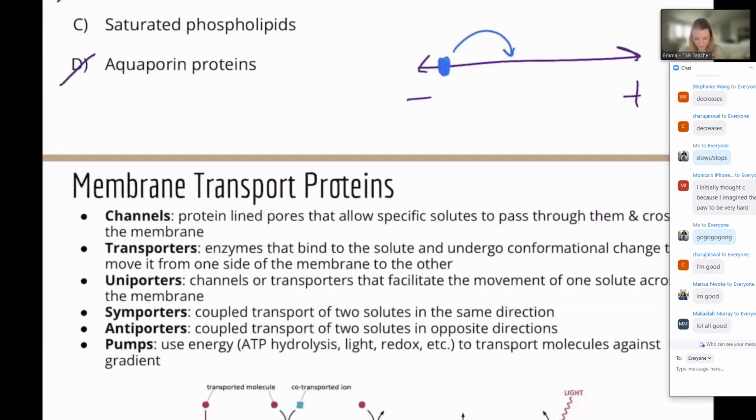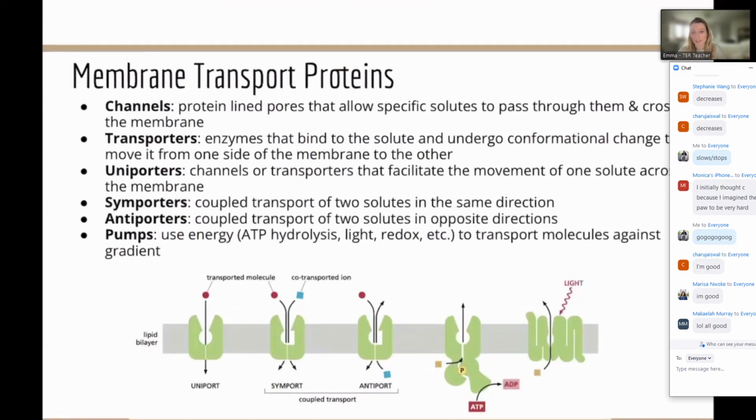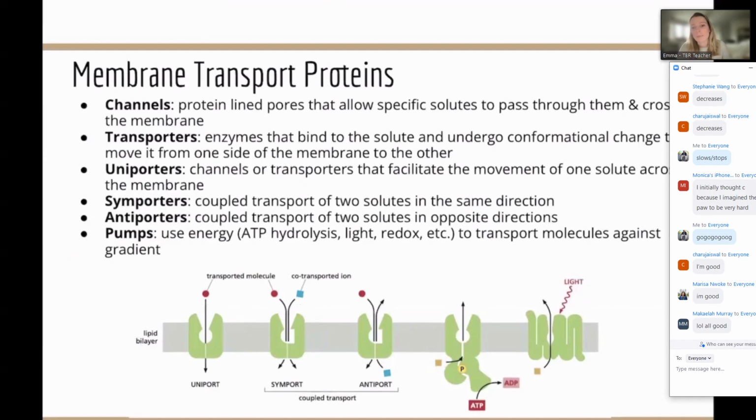All right. So when we think about these membrane transport proteins, we just saw in that question that proteins are part of it. And we talked about facilitated and simple diffusion and active. Anytime we're in facilitated or active, we're most likely using a transport protein. So I'm just going to add that to my slide here. We're thinking about facilitated, a helper. It makes sense. It's right there, or active.